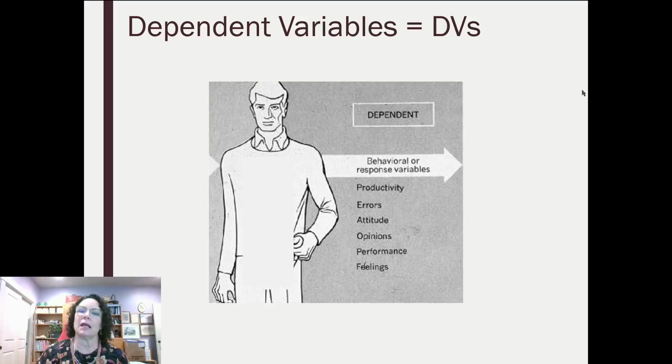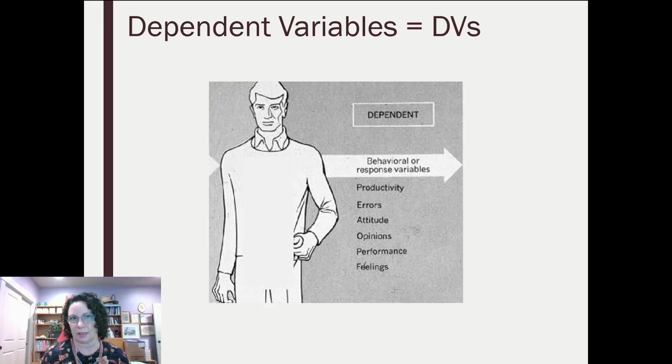We're back. And now we're going to talk about the last component, right? We've talked about independent variables. We've talked about how to randomly assign to those independent variables. Now we're left with the dependent variables, the DVs. These are named because theoretically your score on this type of variable should depend on which level of the independent